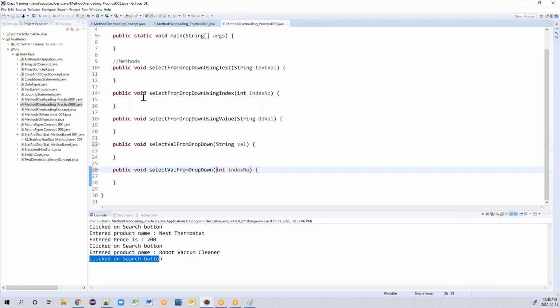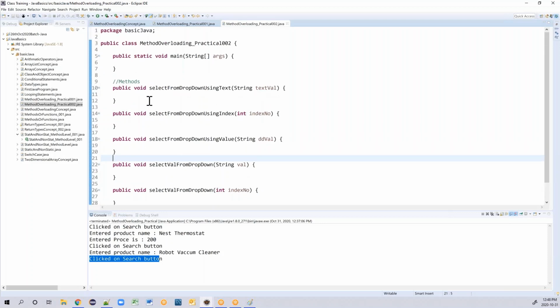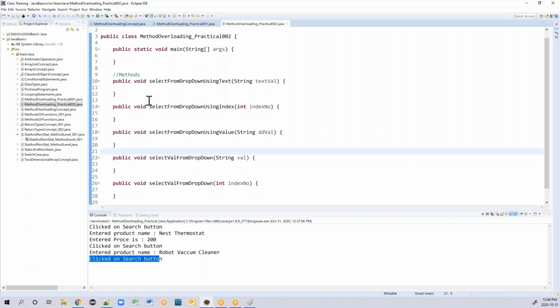Any questions on this? Naresh, quick question. For these overloaded methods to be called, do they have to be made static? You can make them static or non-static also. When I was trying to call the method which is void and non-static, it was not showing me the methods, but when I made them static, I was able to see them.